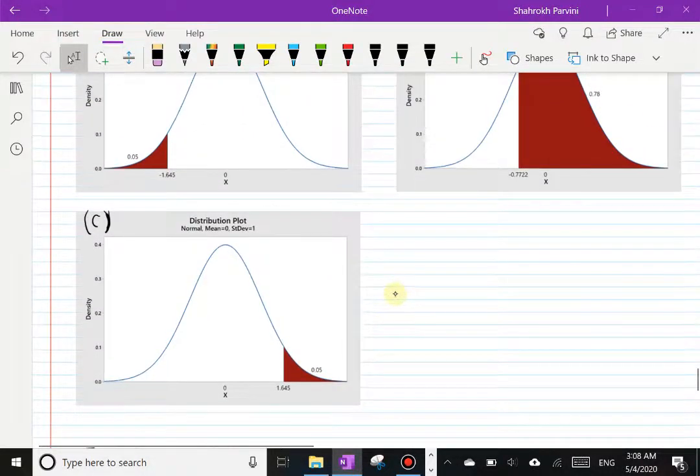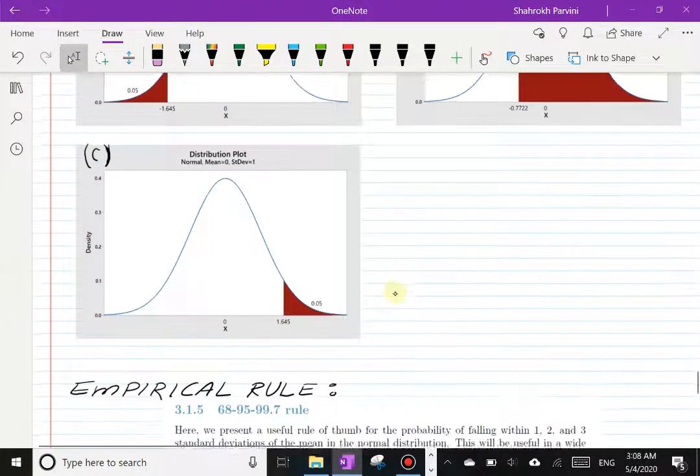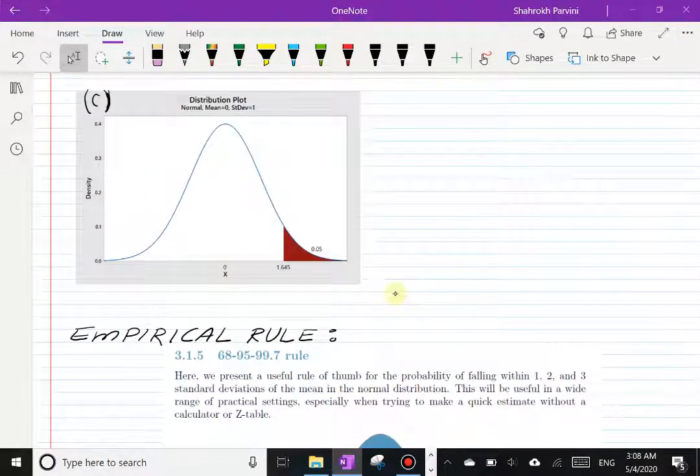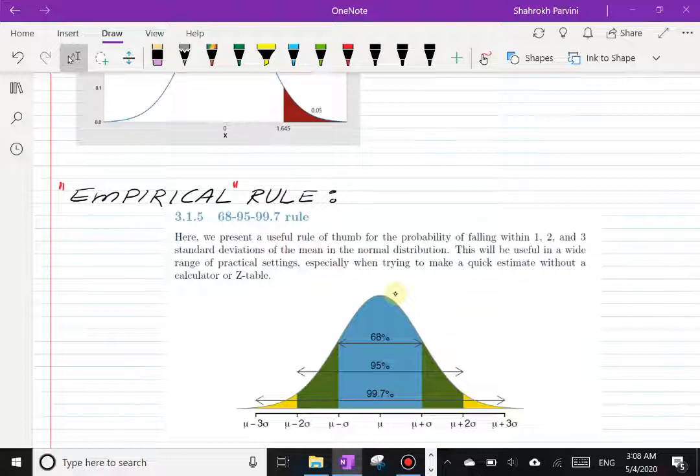We're almost done, folks. I know you're probably getting tired of this, right? Okay, now check out the empirical rule here. The word empirical here means based on actual data. So the empirical rule says that for any mound-shaped or nearly normal distribution, now the authors of your book actually use the normal distribution, but for any distribution that is nearly normal,